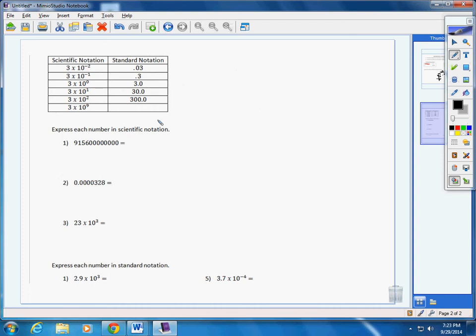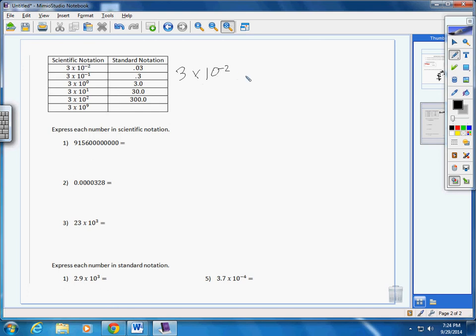So here we have a little table, and here you have the number written in scientific notation. And if you notice, right next to it we have the standard notation form, and some of you might be wondering, how in the world did he get this from this? Well, here you go. Scientific notation form, I'm going to do that top one, 3 times 10 to the negative second power,